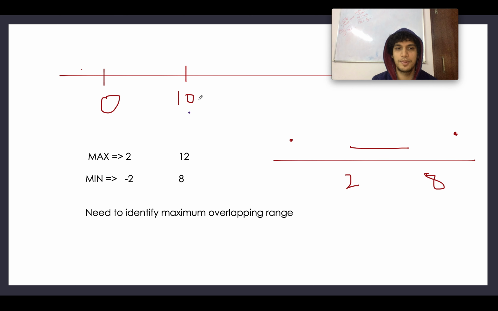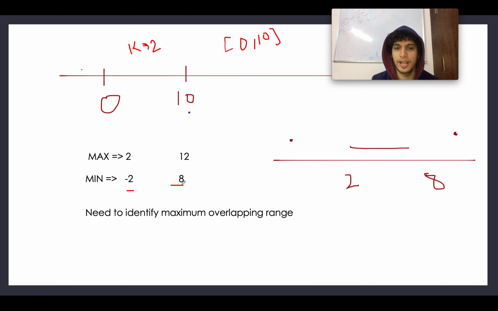Let's take the example where you are given an array that has 0, 10 in it. First of all, sorting is a must for this. I'll explain why, but keep in mind that sorting is a must. I have drawn a number plane where the two elements are plotted, 0 and 10. Let's check what maximum value can be generated out of it. k here is given to us as 2. If you add 2 to the input elements, you get 2 comma 12. And if you subtract 2 from the input elements, you will get minus 2 comma 8.